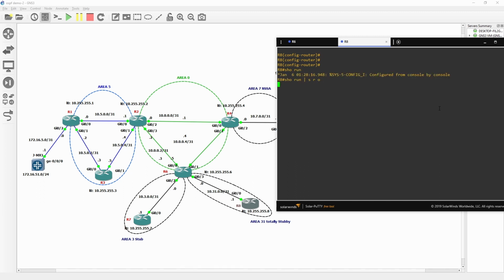Show run, just to check the config. Okay, OSPF. Under the OSPF, we put the match interface into area 31. 10.31.0.0 0.0.0.255 area 0. So next is match the loopback interface